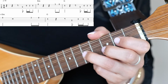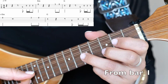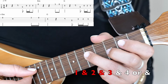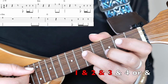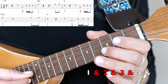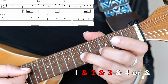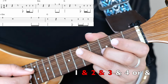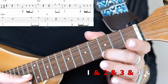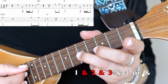So we can do that, right? We can do the entire top line and the second line. So let's rewind back to the beginning as far as bar 7. We can do it, get the 5 ready. 1 and 2 and 3 and 4 or and 1 and 2 and 3 and 4 and 1 and 2 and 3 and 4 or and 1 and 2 and 3 and 4 and 1 and 2 and 3 and